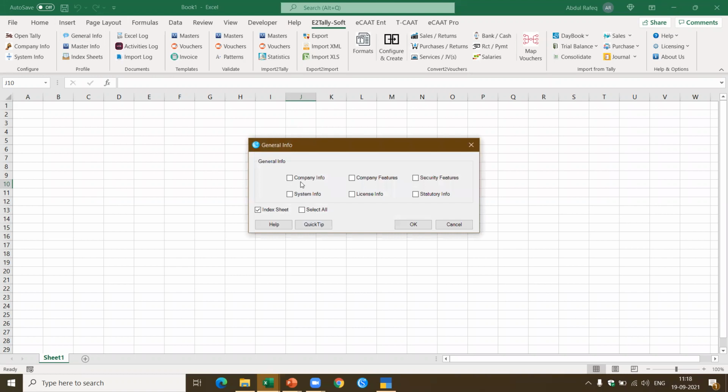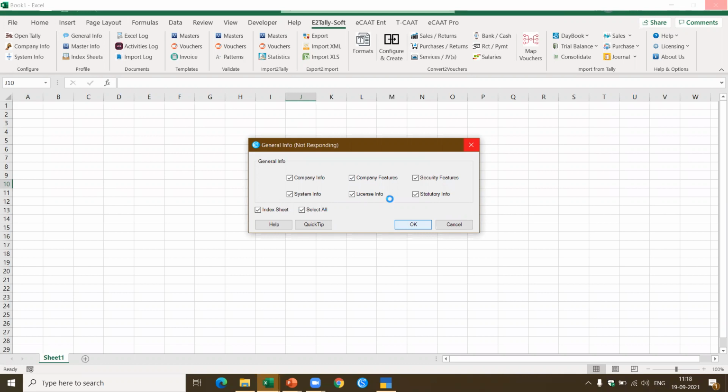When you click on the general info, this gives you a quick snapshot of the master data of the company. Now, if you see here, you just have to select, click, and then you should be able to perform the functions. And this function will give you the details pertaining to the company, the company features which are entered into Tally, the security features enabled in Tally, the system info of the system in which the software is installed.